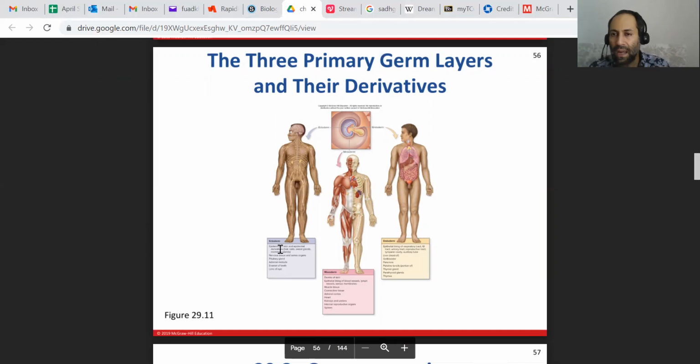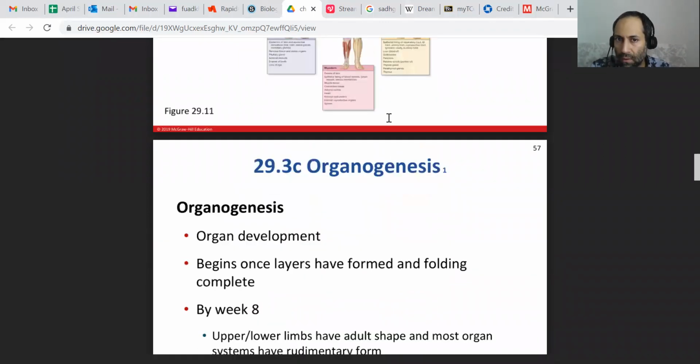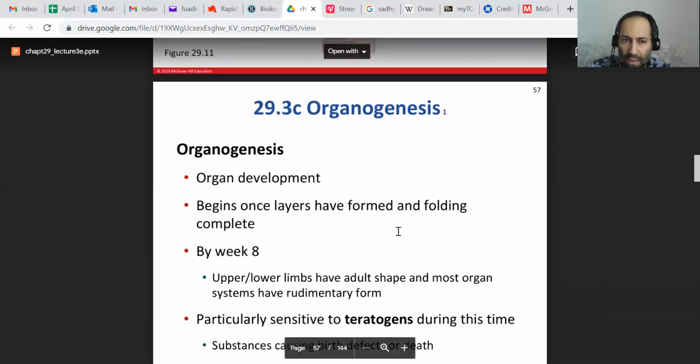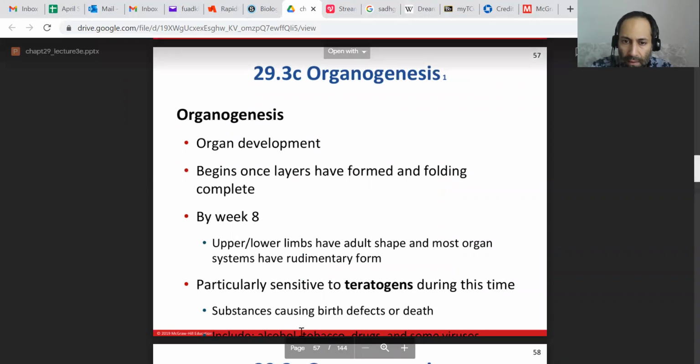And so then how about the innermost layer called the endoderm? The innermost organs, which would be your digestive organs, they come out of the endoderm. So in this picture, you can see what organs develop from each of those three layers. And this is called organogenesis, which literally means organ development, right? Okay, so then